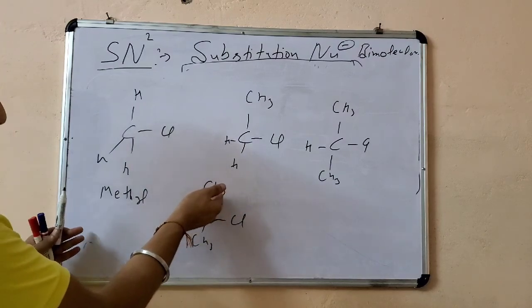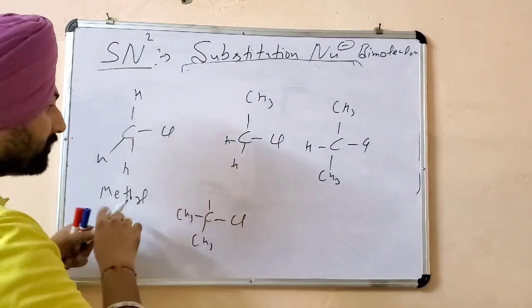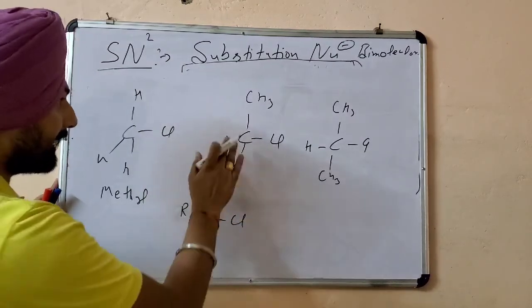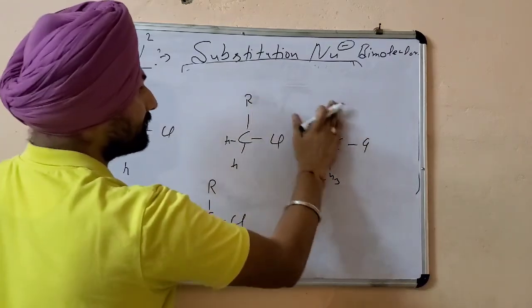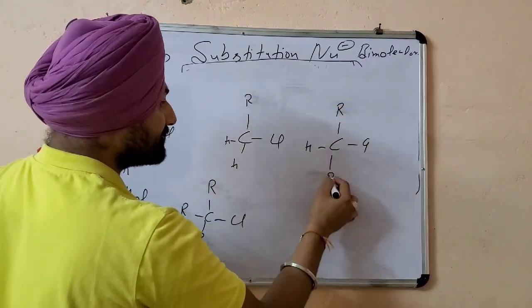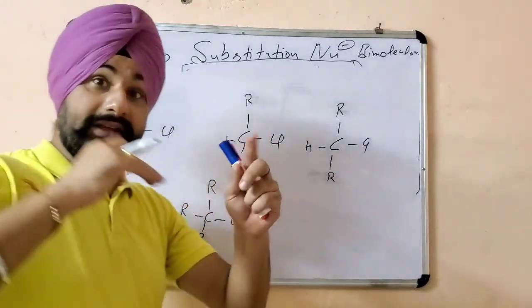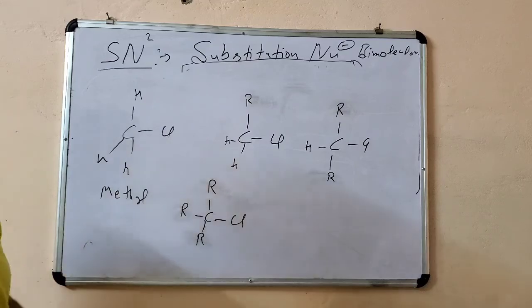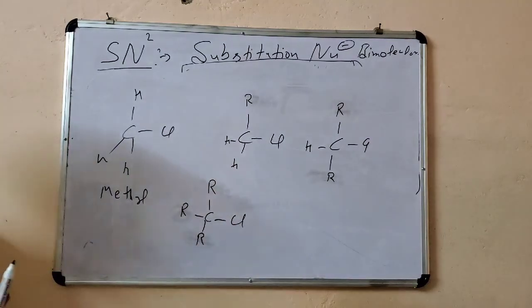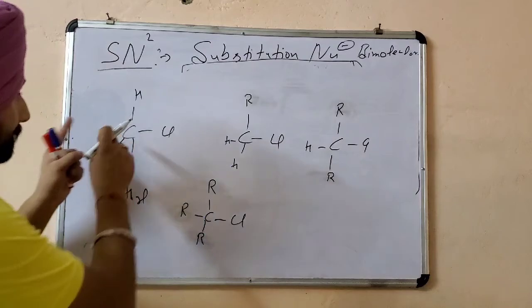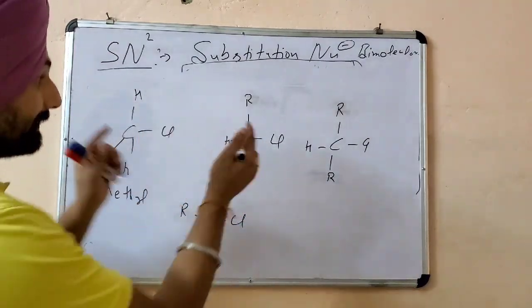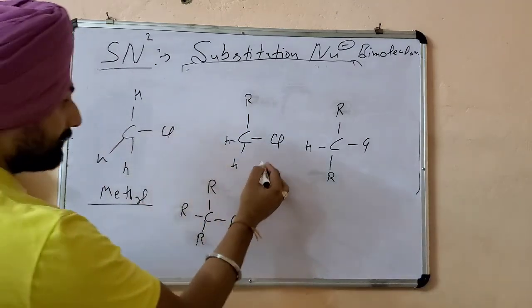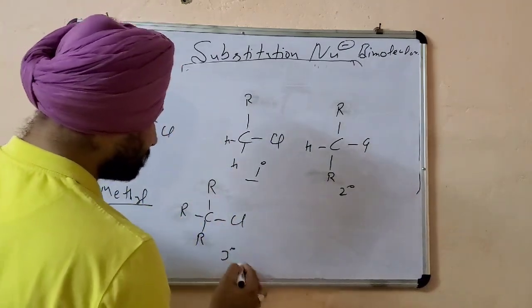This is an alkyl group. I have written the methyl. If I replace all of them with R, then they are the alkyl group. Alkyl can be anything, right? So the bigger the alkyl group, the more is the steric hindrance. More steric hindrance means there is much difficulty for the incoming nucleophile. Now the factors. First is the unhindered backside attack of substrate makes carbon nucleophile bond formation easy. Least steric hindrance is in methyl, then primary, then secondary, then tertiary.